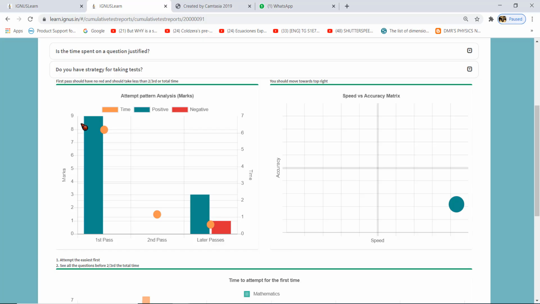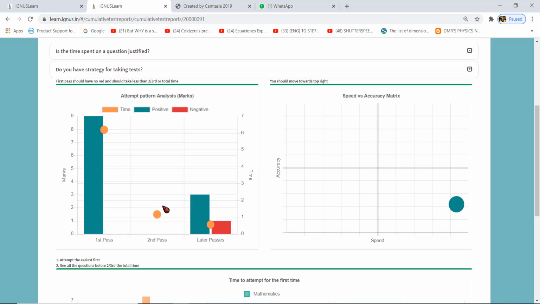So in the first 2/3 of the time you have to visit all the questions and answer all the easy questions first. In your report you shouldn't see any red in the first pass, which means you have answered only easy questions.